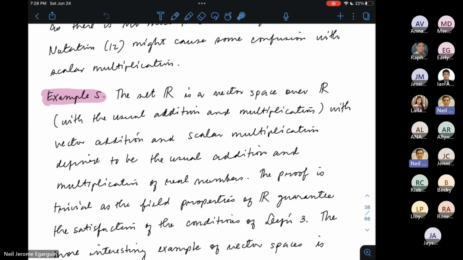Kasi katulad nitong example 5, pag meron kang number 3, baka sabihin sa physics na si 3 ay scalar lamang. Right? Kasi wala siyang direction. Hindi mo siya ma-plot. Pero sa linear algebra, masasatisfy kasi ng set R, kung siya yung kukunin mong V, at si set R pa rin yung kukunin mong F, masasatisfy niya pa rin yung definition 3.